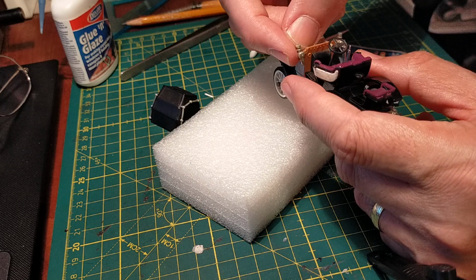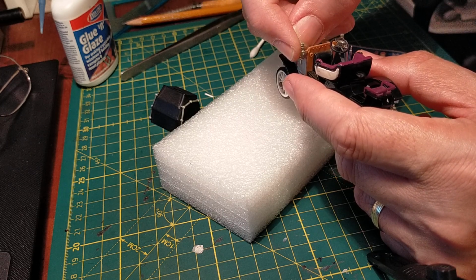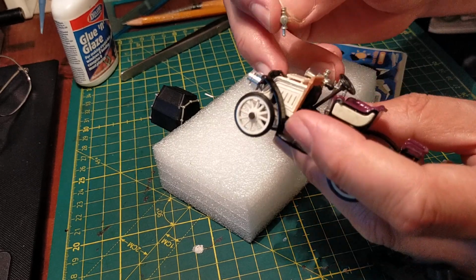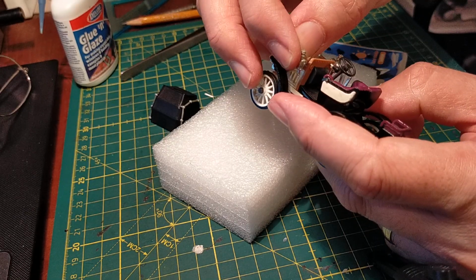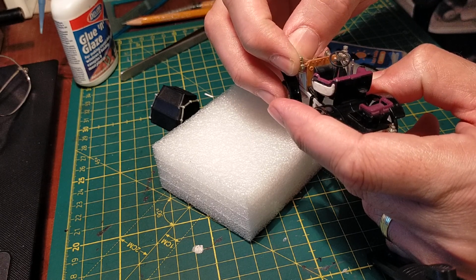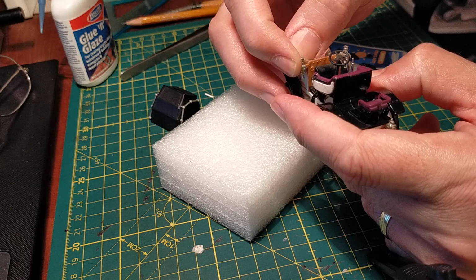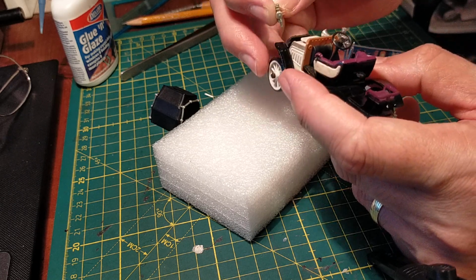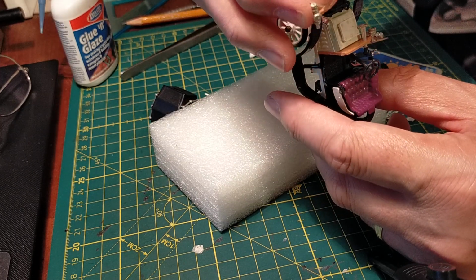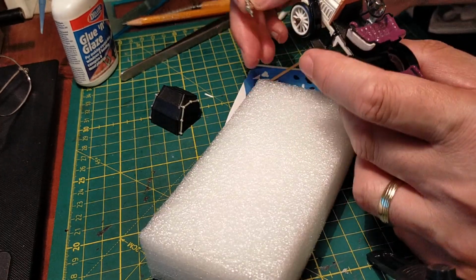I don't know. I have to see what to do here. It would be really good if I could just fit something on here, and it's a very tricky part. See, it's a very thin part. But I think a bit of styrene would do the job. A bit of styrene, then after I can glue this on and glue it at the back with a styrene, and I could actually do it with the car standing on its, with its nose pointing up the way on a cradle, and maybe support everything with a clothes peg. So it has to be done in two